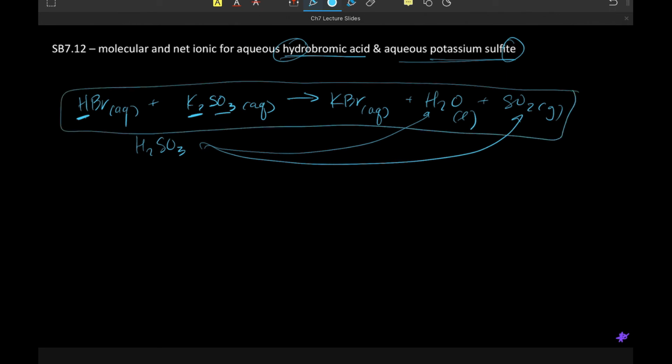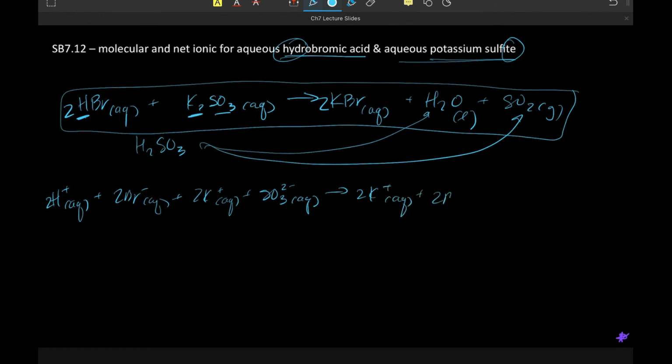So that's our complete molecular. If we wanted to break that down into a net ionic, again, we'd be looking for things that are ionic and aqueous. Let's balance this. We need 2 of those, and we would have 2 of these, and then I think that's balanced. So we have 2H plus aqueous, 2 bromides aqueous, 2 potassiums aqueous, and SO3 2 minus aqueous, and this is going to give us 2 K plus aqueous, 2 Br minus aqueous, water, not ionic,